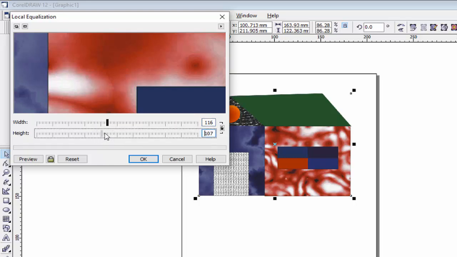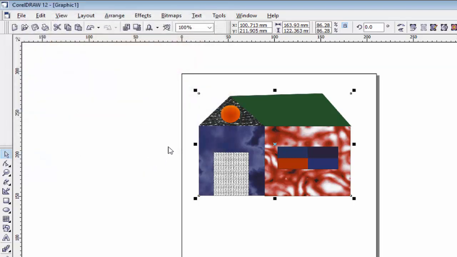If you want both to change at the same time, then click this locked button, which means locking them, and you will see both will move simultaneously. Then see the preview option and press OK. So it will adjust the local equalization.